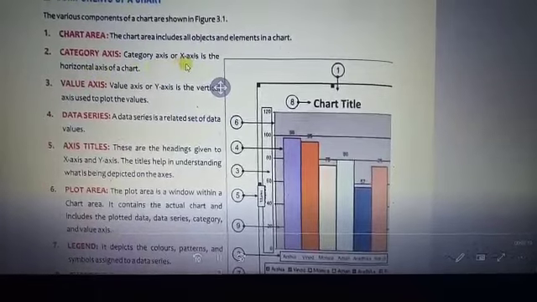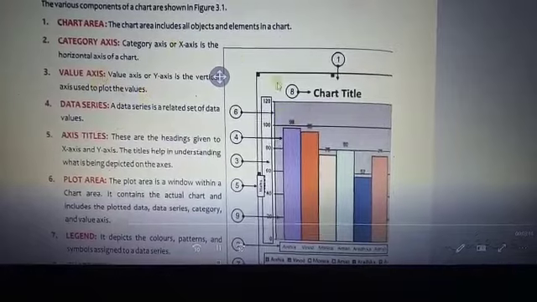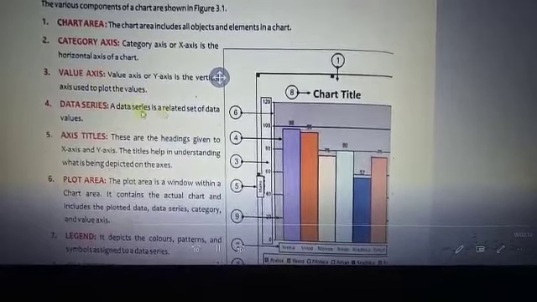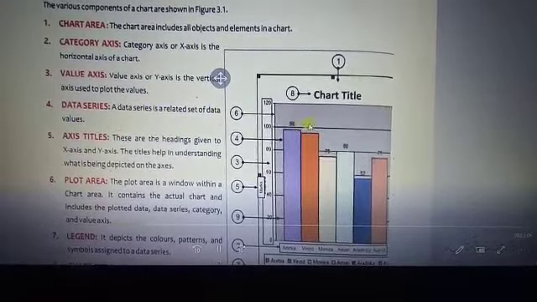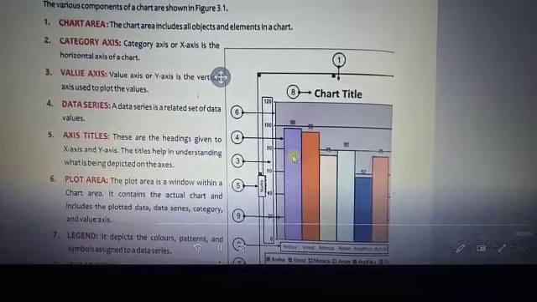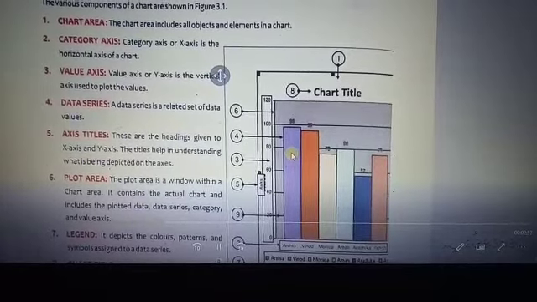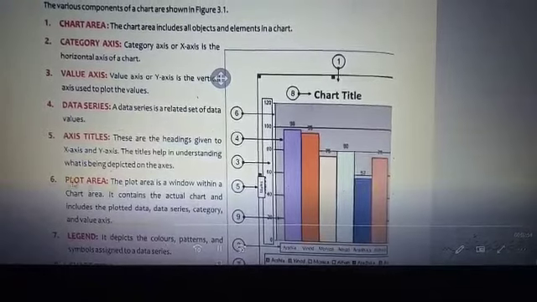The category axis is the x-axis. This one is the category axis, and this one is the value axis. The data set is related to the set of data values, whatever values are represented here. This one is called the data set. The long vertical bars display the data set.